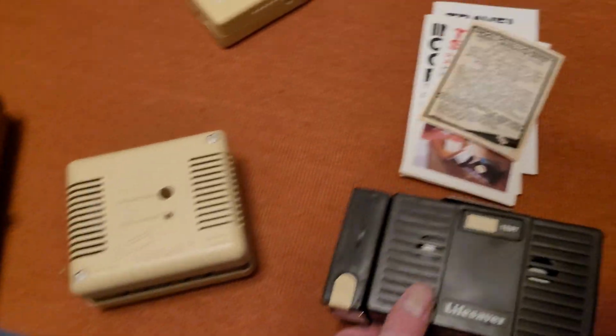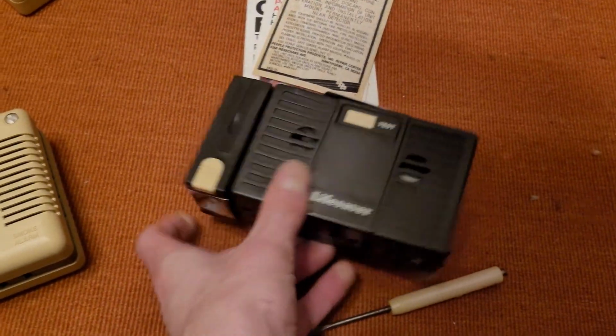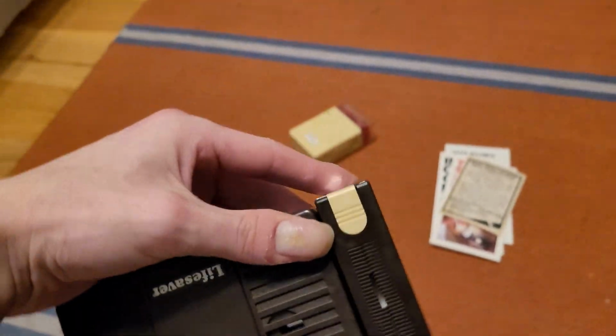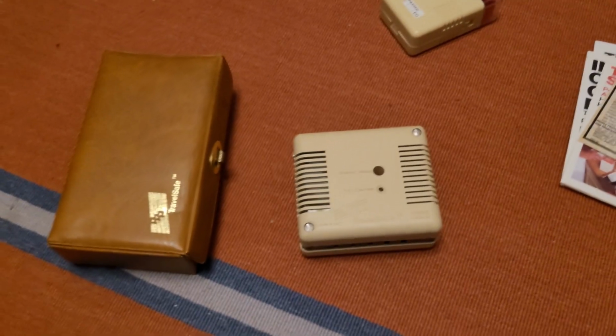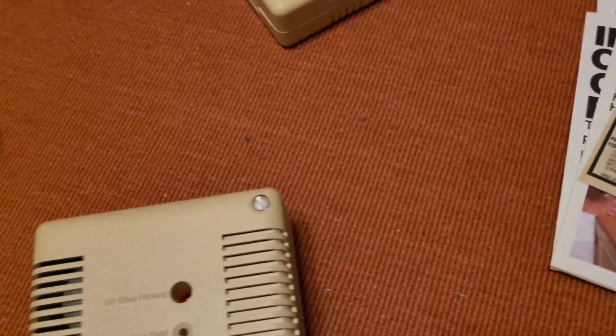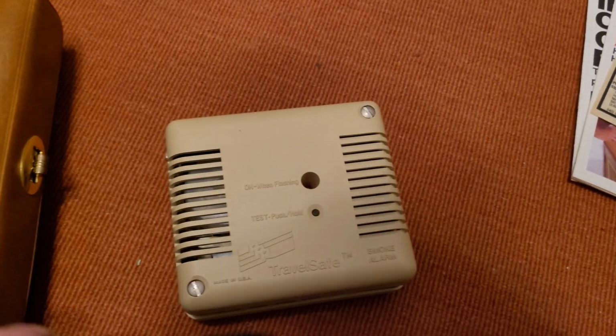Actually, this reminds me, this detector design, let me turn the light back on here. This detector design reminds me a lot of this one that I got a while ago, the Lifesaver 0981, I think it was. Yes, 0981, with the detachable flashlight. The only difference is this one's flashlight can attach to the unit. It would be cool if it could, but I think this one also works. So, yeah, I think that's about it for this video of this smoke detector, the TravelSafe model